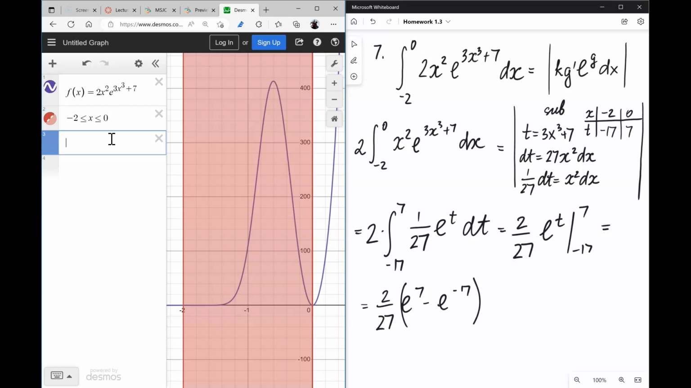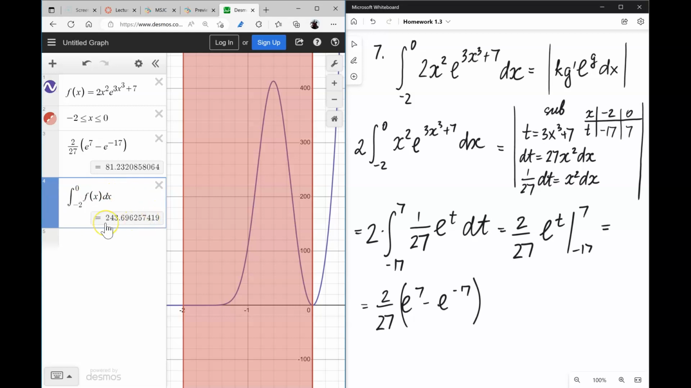And let's plug this in. Our answer, e to the power 7 minus e to the power negative 17. And what did I say? 60, 61. I guess my calculations were a little too rough, so we're definitely not gonna find the area by eyeballing it. So the best way is to just find the integral from negative 2 to 0 of f of x dx, and